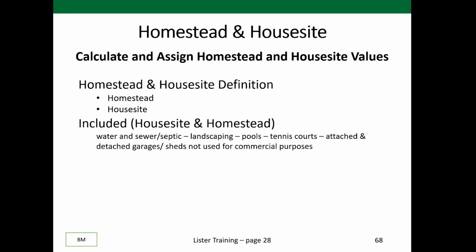What about a detached accessory that is not rented? Say an in-law or relative lives in it, but both are owned by the same owner. I think that's similar to what you just said. Right. Now, if both the parents and the in-laws all own the property and they live in their